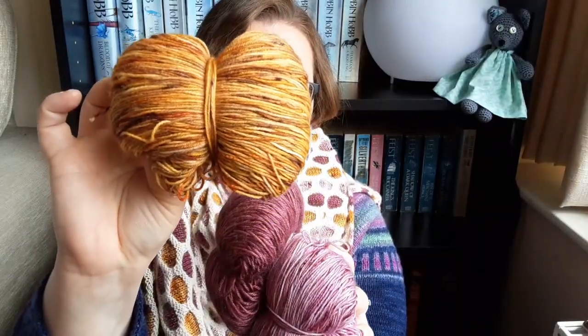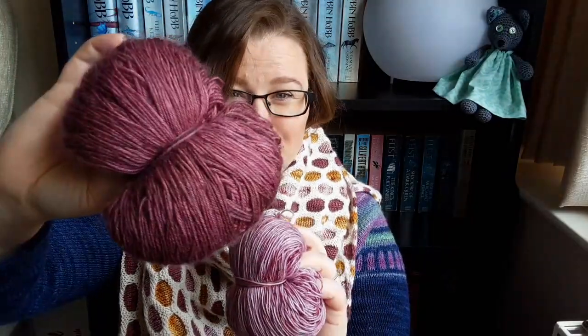What have we got here? Stranded Dye Works. Oh, it's such a mess. It's got my hair attached to it. I am gross. I'm going to tell you what this is. So this is Stranded Dye Works in Tabby, I think Tabby Orange. This is Hey Sister Yarn Co. in their